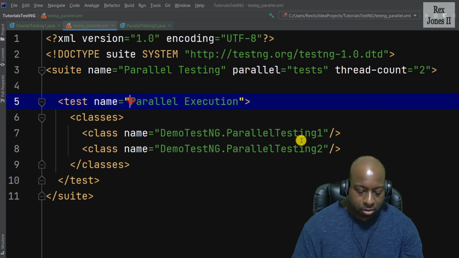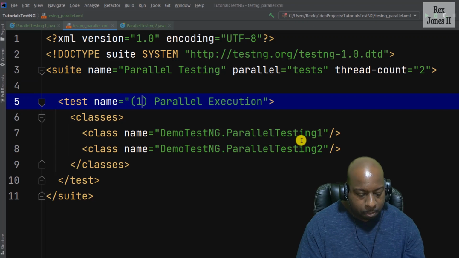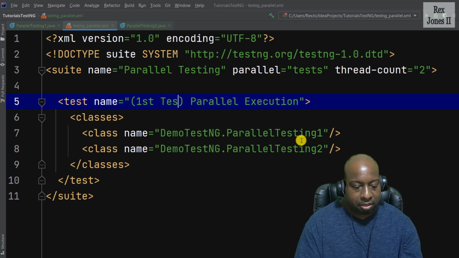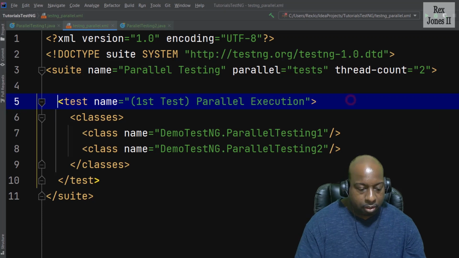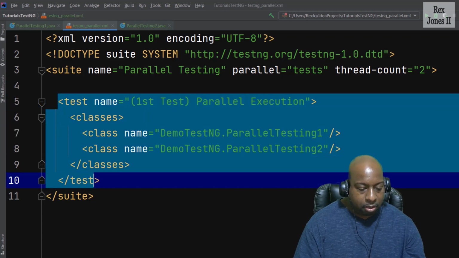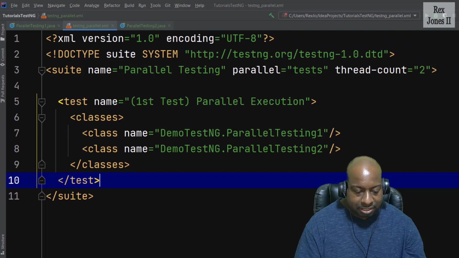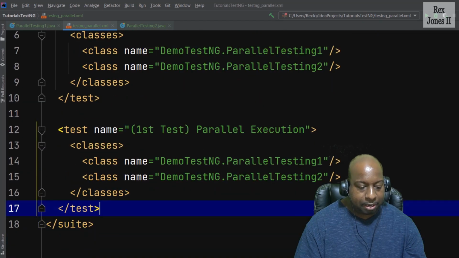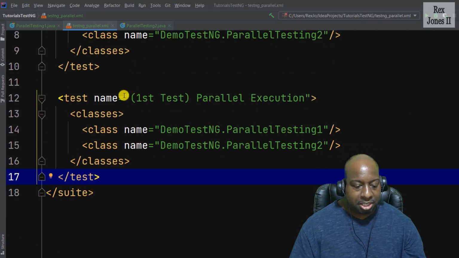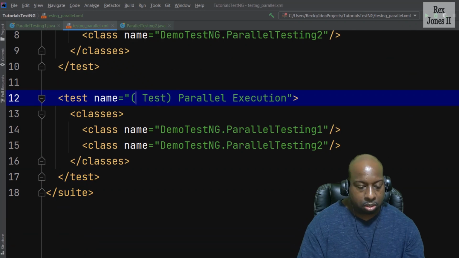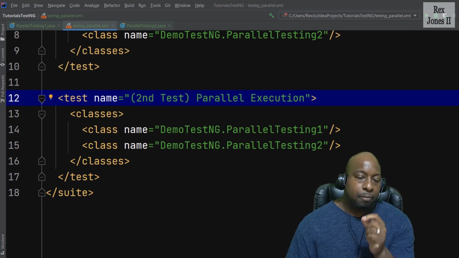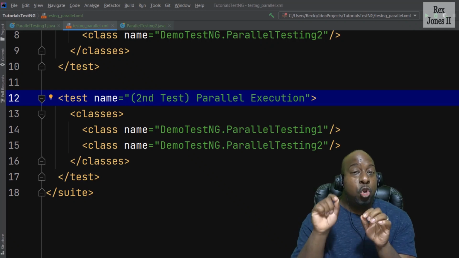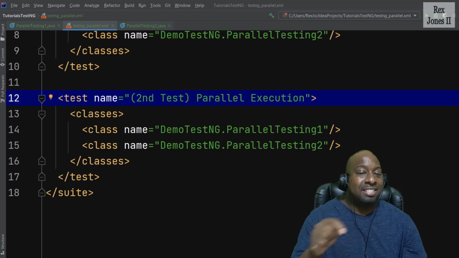And before I copy, let me rename this here to first test. Copy all the way to the end test tag and paste. Change first test to second test. Bingo. Now, this time in the run window, you will see both tests execute at the same time